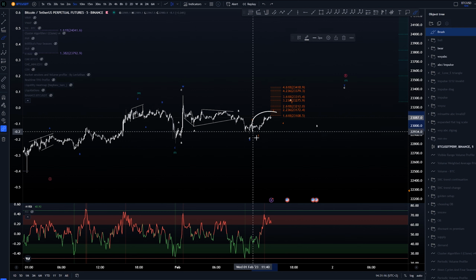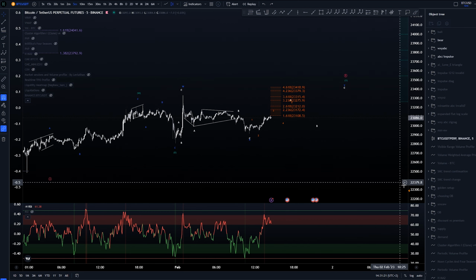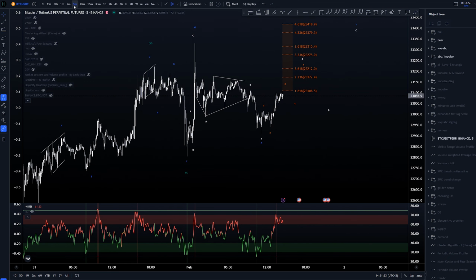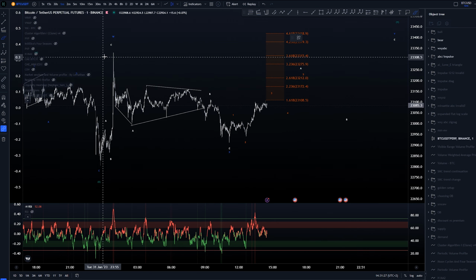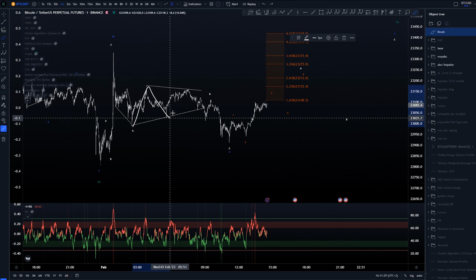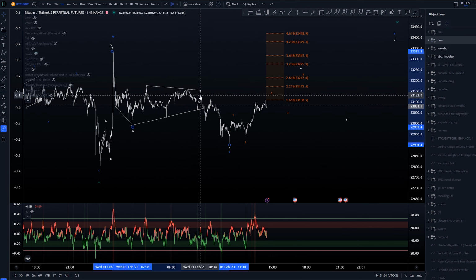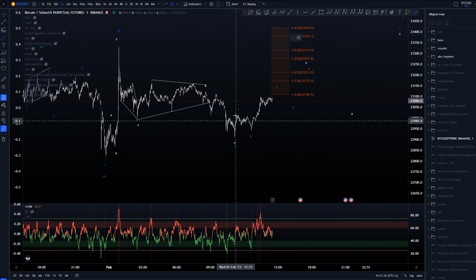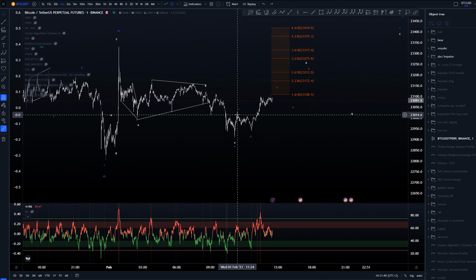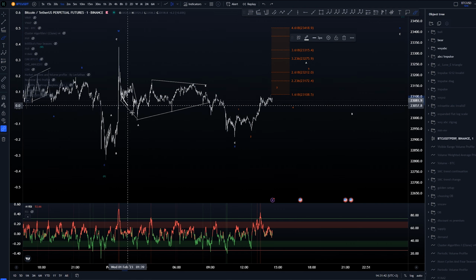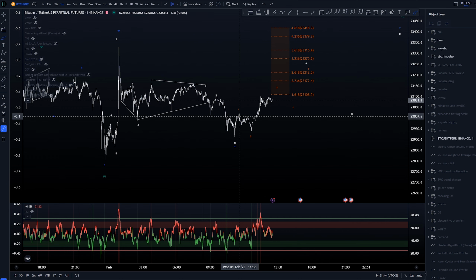Now, the structures from these lows that we recently had, basically today, do seem quite impulsive. What I had here was a potential triangle, where this would be an A, B, C, D, E, ending at these highs. And then we would have a potential 1, 2, 3, 4, 5. It's not the best looking structure either, and we have to kind of force this diagonal in here, but that is that.